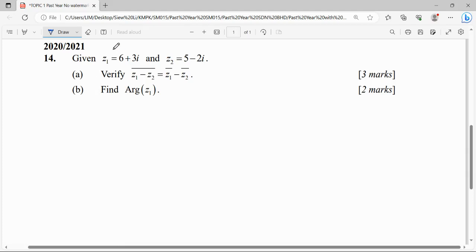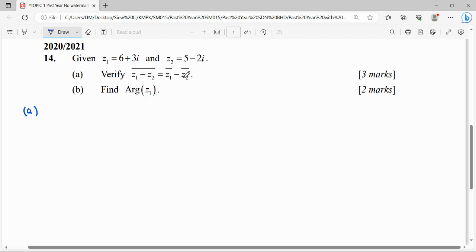For this question, given first complex number 6 plus 3i and second complex number 5 minus 2i. For the first question, A. Verify the conjugate of complex number 1 minus complex number 2 is equal to complex number 1 conjugate minus complex number 2 conjugate. So for verify means we need to show this left-hand side operation is equivalent to the right-hand